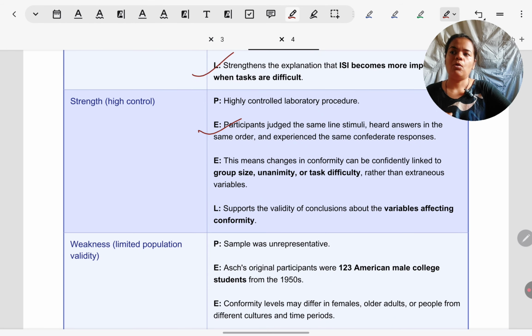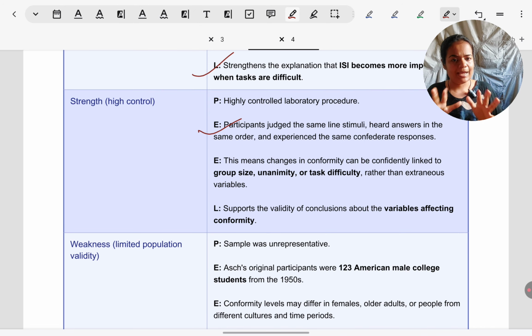Another strength of all these variables is that they all have come from Ash's variations. The underlying research by Ash, all his replications have been very standardized. They have all been lab experiments. So these results that have come out from his study are very reliable, which gives very great reliability to all the factors that we have just seen.